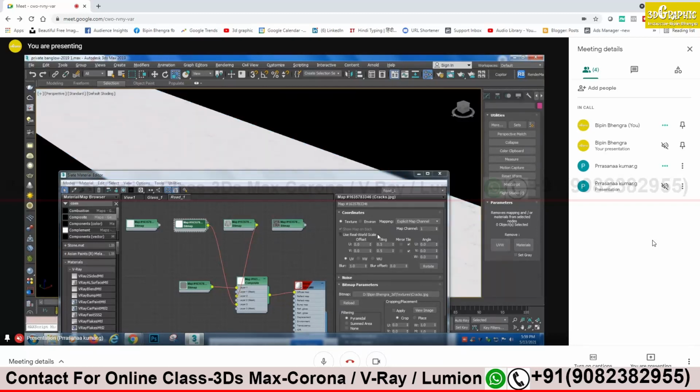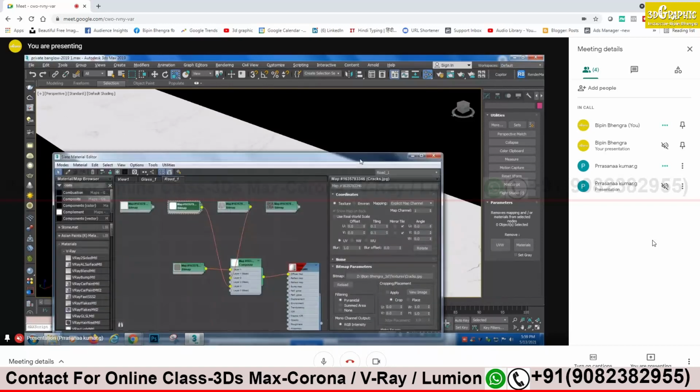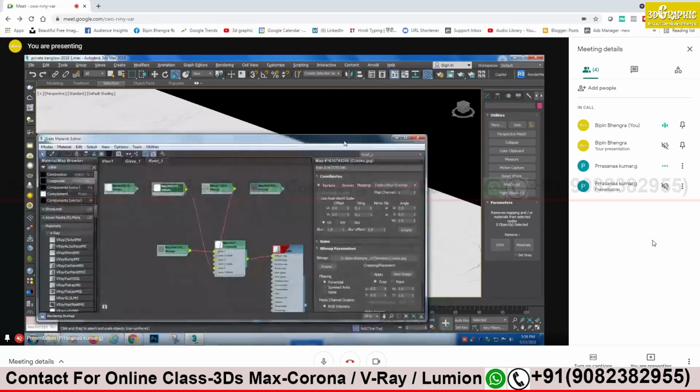It will increase the size of the texture. See the texture, how it is. Yes, it is increased.